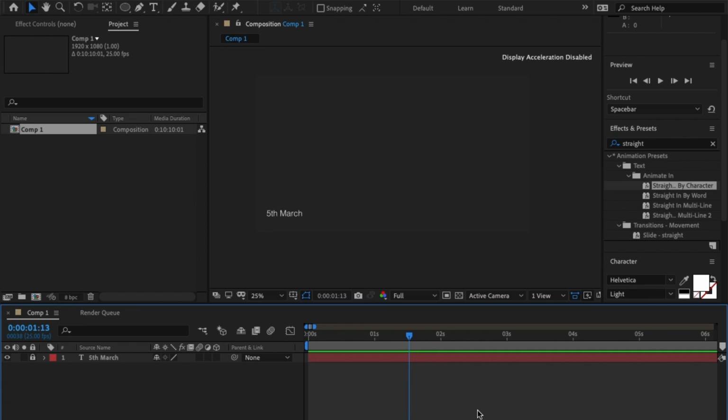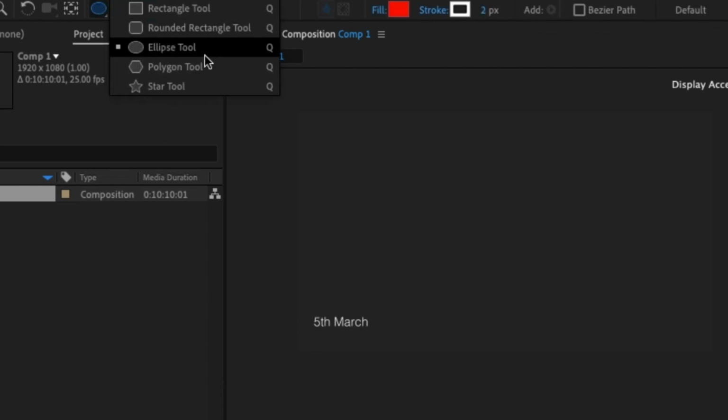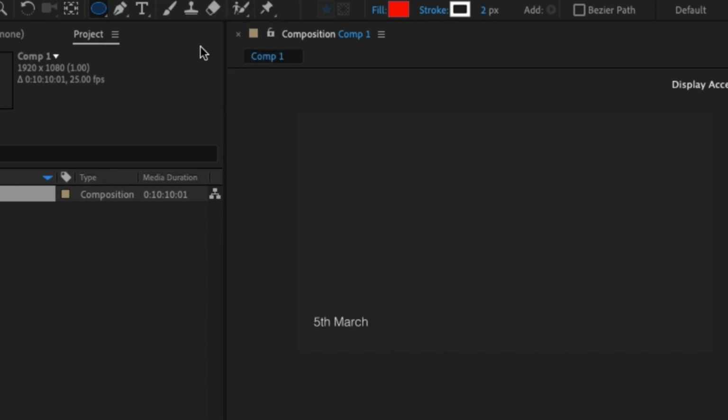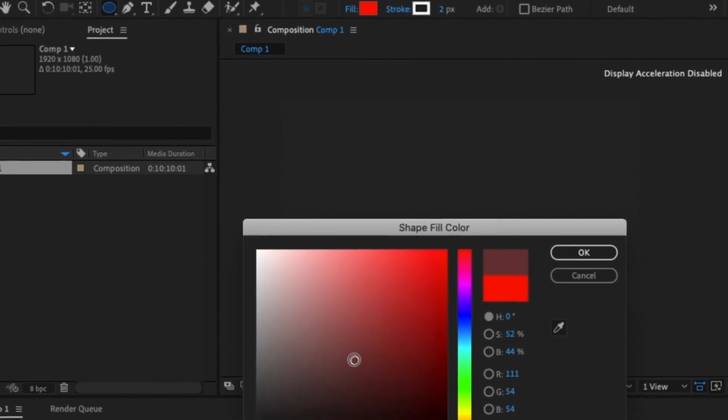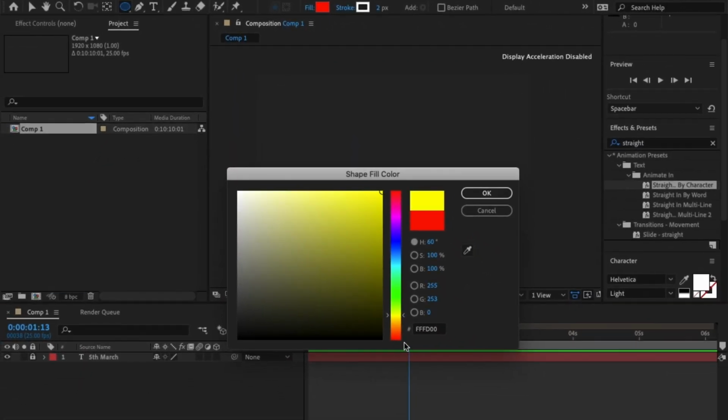The next thing I want to do is a symbol to highlight how many cases we had. Now, first thing you can do is grab the ellipse tool in the corner here, make sure it's the round circle one. Before we start anything, I'm going to choose my fill color. So if it was VOX, it would probably be something yellow like this. But as I'm going to do my own,